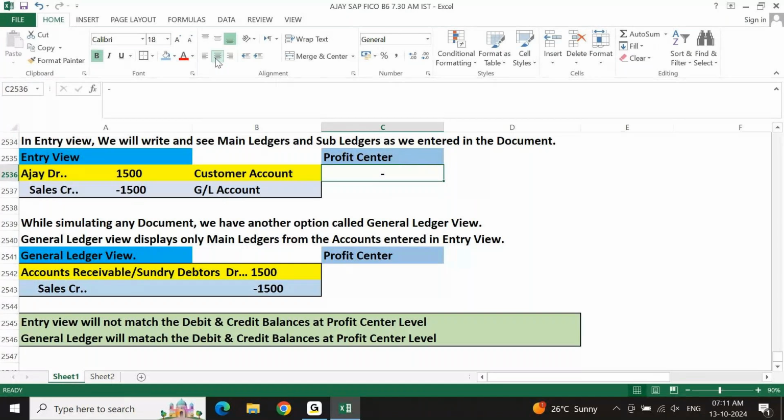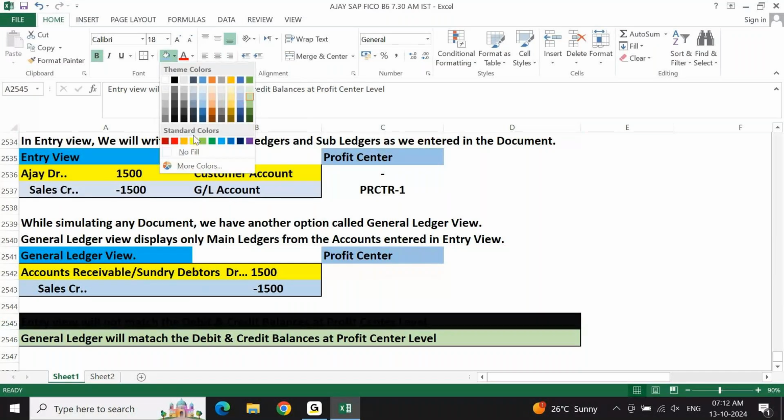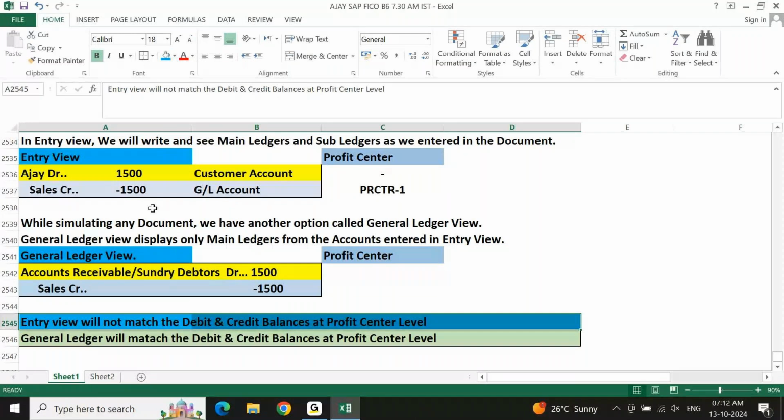For a GL account, is it applicable or not? Yes, it's applicable. It's the main GL. For a GL account, it is applicable. Let's say I put profit center 1 here. This is a statement. If you read this first statement,